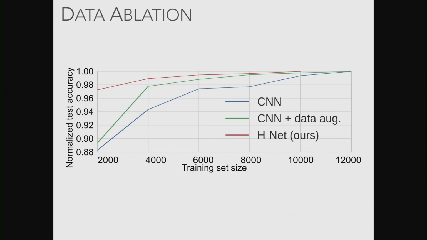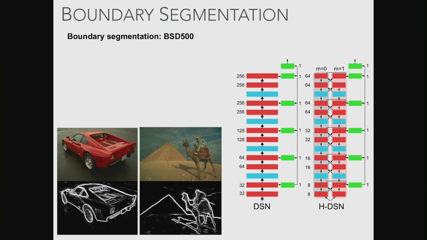And if you normalize the test accuracy, a normal CNN is the blue thing. A CNN trained with data augmentation is the green thing. And our thing is the red thing. And this was really striking. Even if you show your CNN images at all rotations to start off with, which is the usual way people learn to be invariant to certain input transformations, we can still do better, which I thought was really cool. I'm guessing we probably just didn't fine-tune this enough, but then you need so many GPU hours, and who really cares about MNIST? There might be people, I don't know.